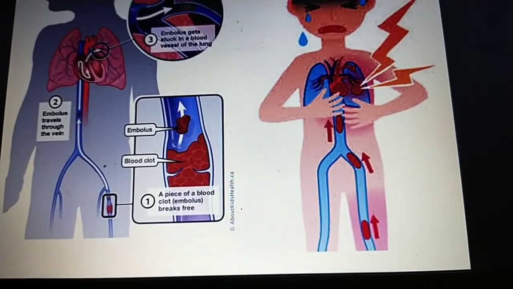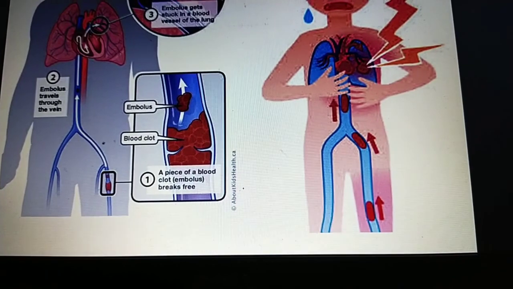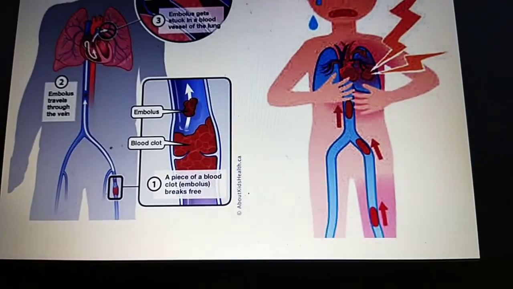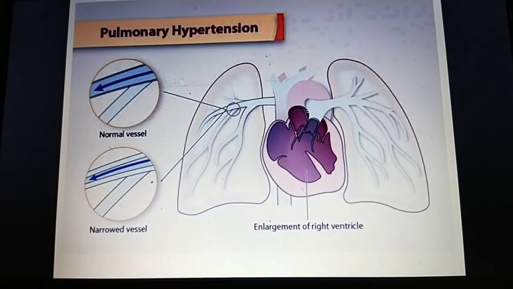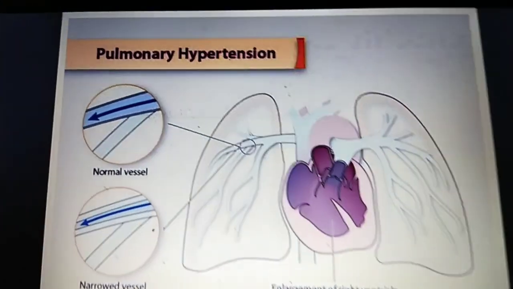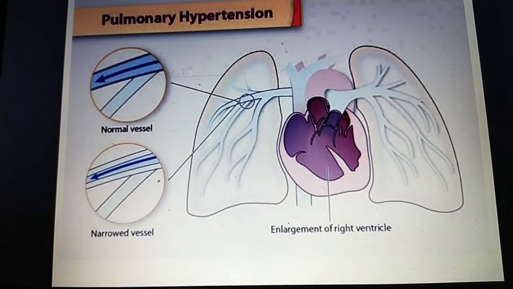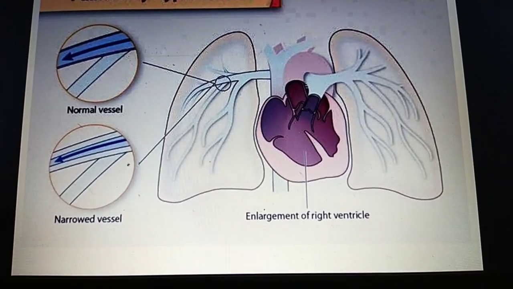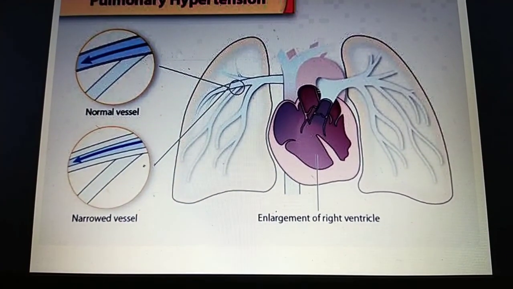Okay, and those big clots cause deep vein thrombosis, and this thrombus goes and gets stuck in the pulmonary artery and forms the pulmonary embolism. This is an example of pulmonary hypertension. In pulmonary hypertension, there is hypertension or atherosclerosis or narrowing of the pulmonary arteries that causes an increase